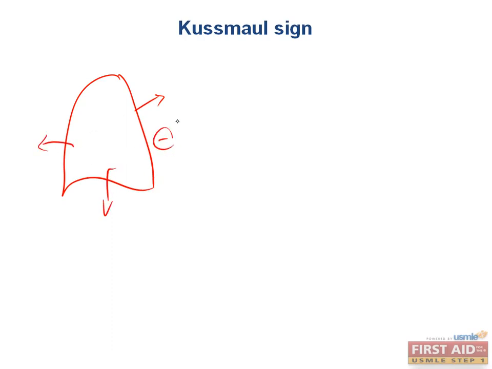Now, Kussmaul's sign is an important physiologic concept that will help us review. So remember when we talked about taking a deep breath in, you increase the expansion of the thorax and the diaphragm, and you create a significant amount of negative intrathoracic pressure. And this causes a kind of a pull on any sort of vessel or structure within the thorax, allowing an increased compliance of whatever structure we're talking about. So if we're talking about the pulmonary vasculature or any of the cardiac chambers, they're kind of distended, and